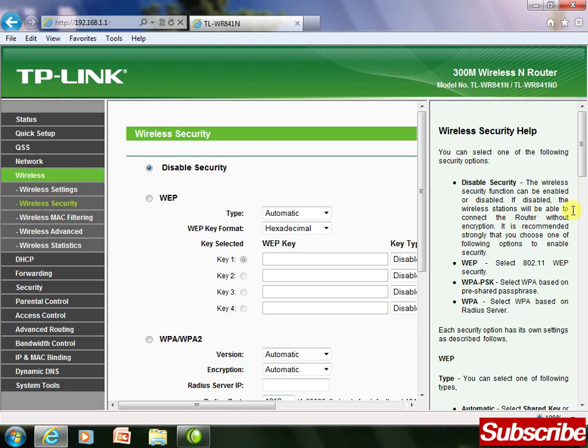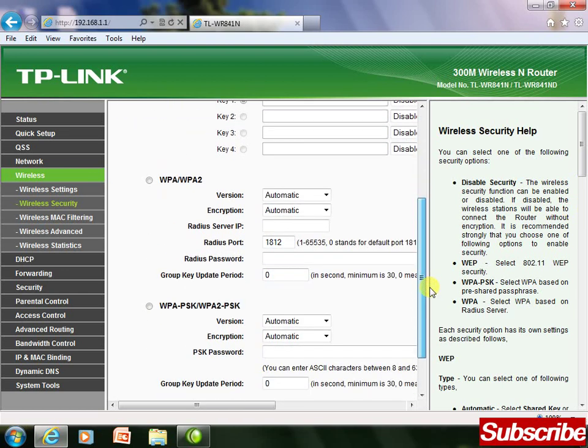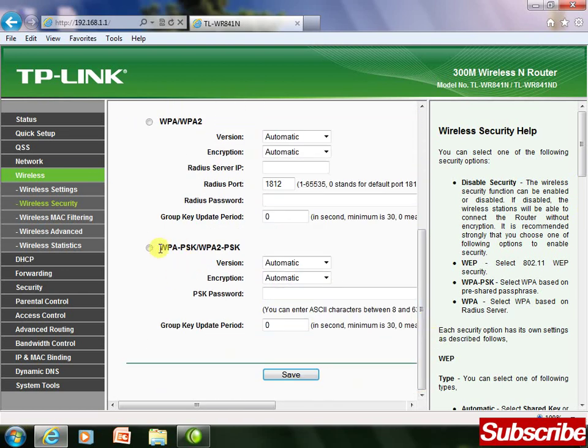Go to WPA and select this one. We are using WPA2, the second version. And here you have to specify a password for your wireless router. The wireless router connectivity is part of the password, and for example, I'm just going to assign